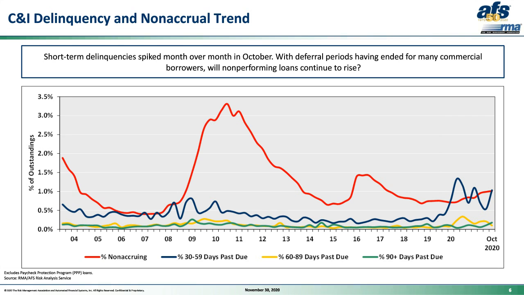So let's focus on non-accruals, the red line. Unlike the frequent changes we're seeing with delinquencies, the non-accrual rate has been on a steady rise. At the end of 2018, the non-accrual level was at 0.69%. Since that period, non-accruals have increased almost every time period and now are above 1%, up almost 50% from late 2018. We also saw a jump for loans 90-plus days past due. But on the next few pages, we're going to focus on the increase in short-term delinquencies and then non-accruals.